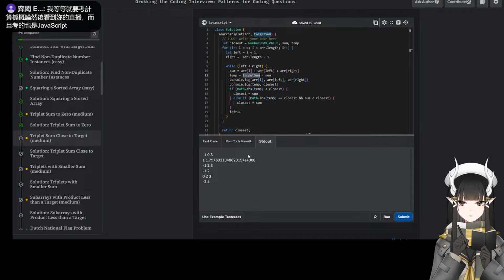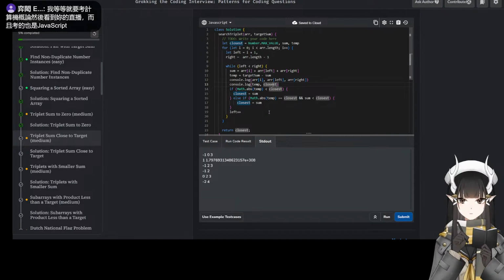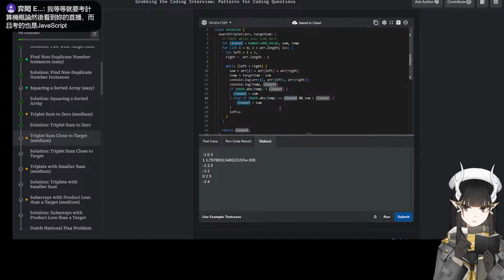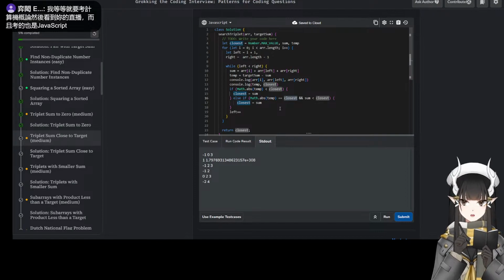This is also 1. I said both of them are 1. Oh, this is compared to sum. Why am I comparing this? Oh, this is wrong. Okay.